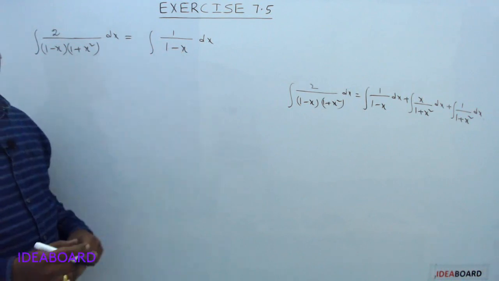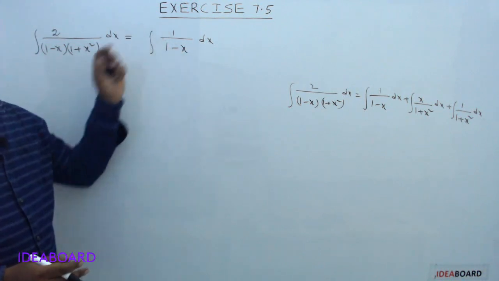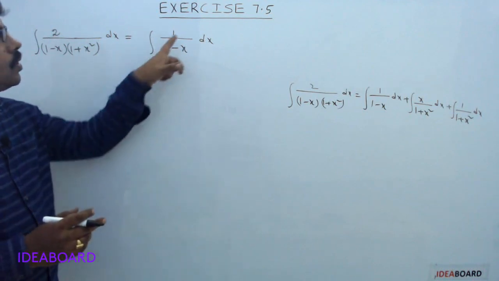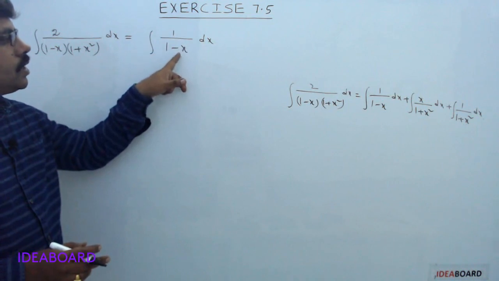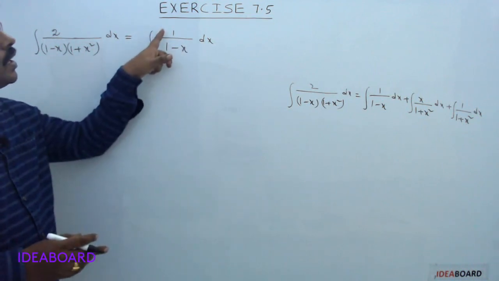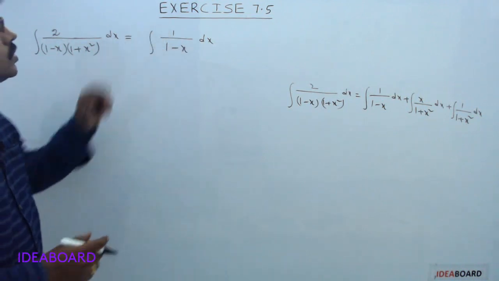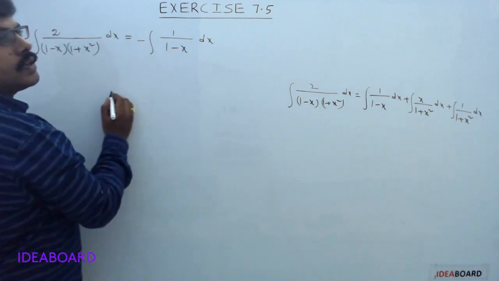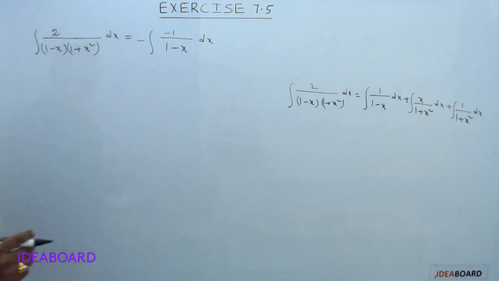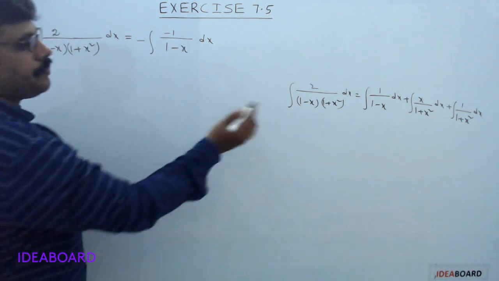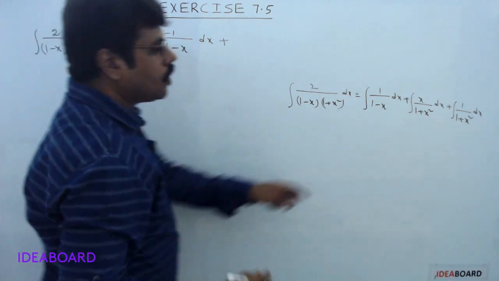Minus x derivative is minus 1. But in the numerator plus 1 will be there. So to convert this integrand into the form f dash of x divided by f of x, we need a negative sign in its numerator. So you can adjust this as minus integral minus 1 divided by 1 minus x dx